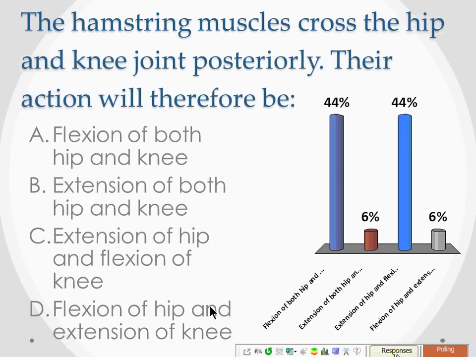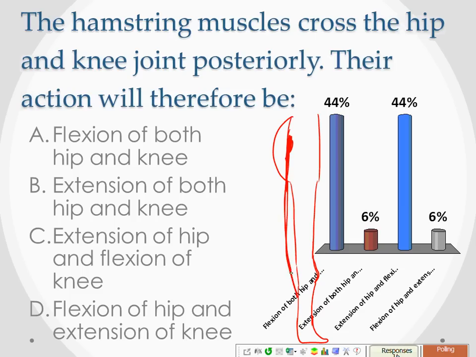Okay. Well, the correct answer is extension of hip and flexion of knee. Remember, I said the rule changed from the knee downwards. Everything above the knee is the same as the rest of the body. So imagine if you look at it this way. And here's the knee, and we come down, and here's the foot, okay? So here I said this muscle is crossing behind the hip joint. So let's say somewhere here it's crossing behind the hip joint, and here's the knee, and it's crossing behind the